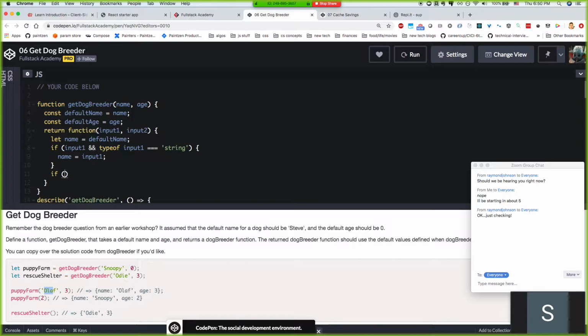And same with input. Let's see. Okay, so this is a little tricky just because there's different... This can also be an age actually. So let me just take that out and say if type of input 1 equals string. So if it's a string type, then,